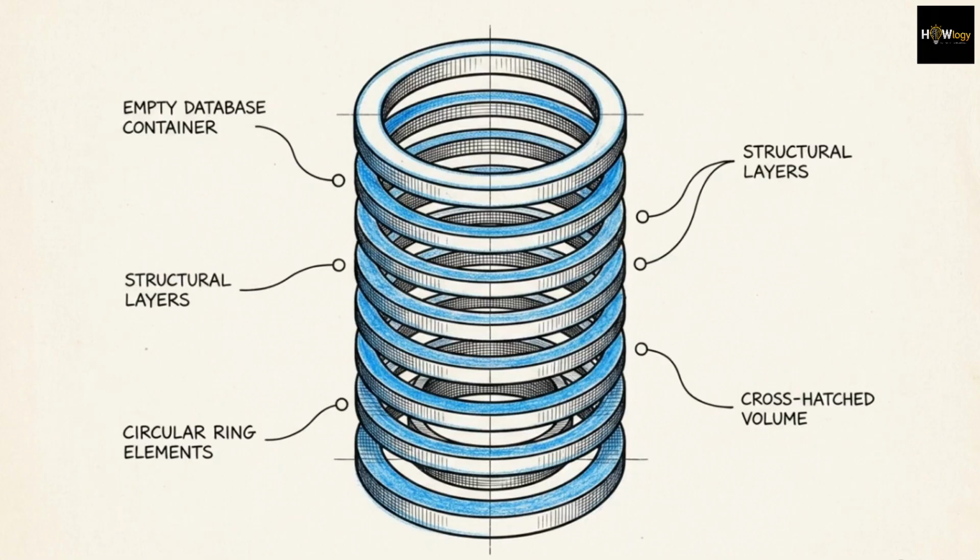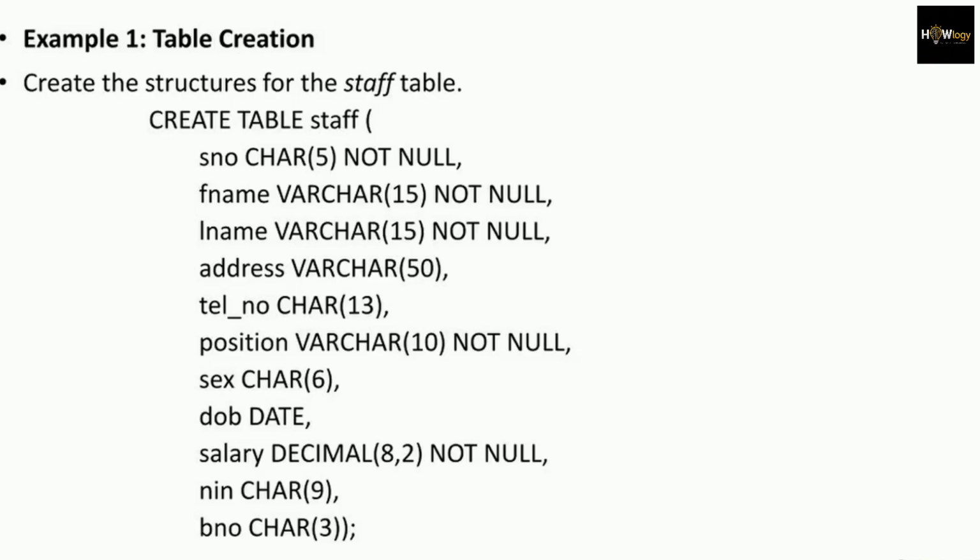Construction begins by creating the first container designed specifically to hold staff data. This block of SQL code illustrates the blueprint for the staff table, initialized by the create table command. Declaring specific data types next to our column names, like varchar, char, and decimal, sets the exact parameters for every